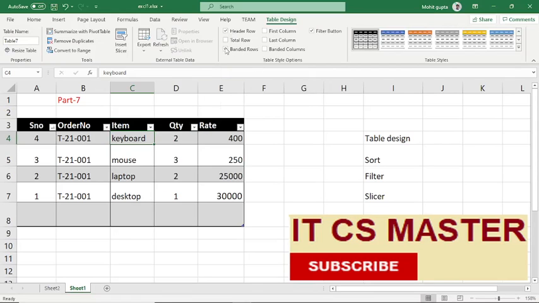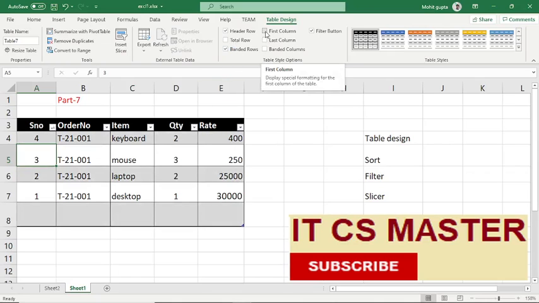Next is total row. If you want the total of a row, then just select the total row option. Okay, just here you can see total. Okay, total options are available. Similarly, banded row means here you can see one row is gray color, second row is white, then again gray, then again white. So it is called banded row. If you don't want to see banded row, just deselect banded row. Here you can see now it is only one color, white color. Okay, again if you want to see it banded, so here banded.